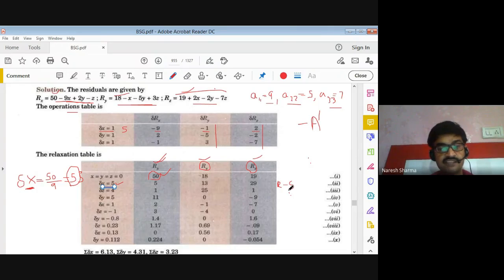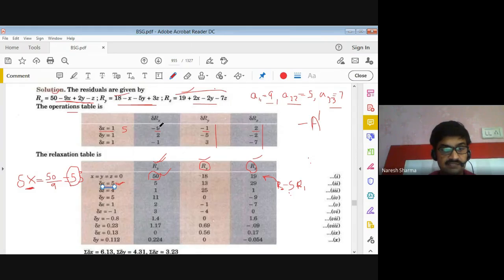Why do we choose 5 here? Because here del x is 5. So change in 5 units, right? So we multiply this by Rx. We want to decrease this, so we apply on this row 50, this row. So this Rx is this above row, right? So we measure R star, that is the chosen one, the above row.